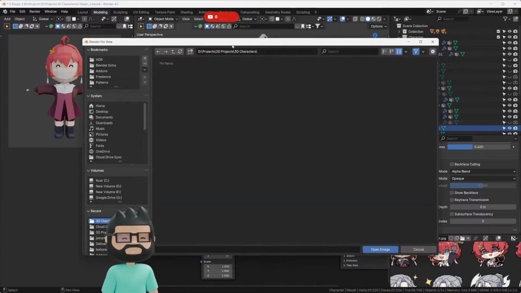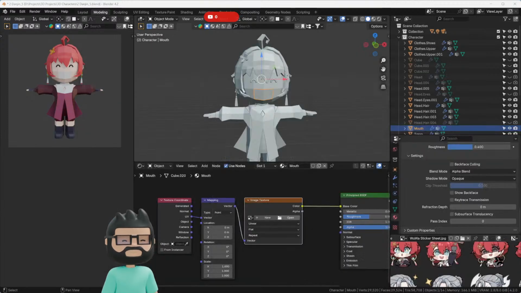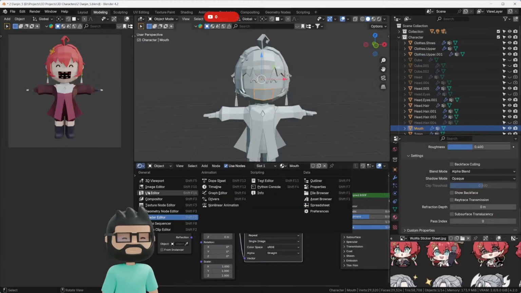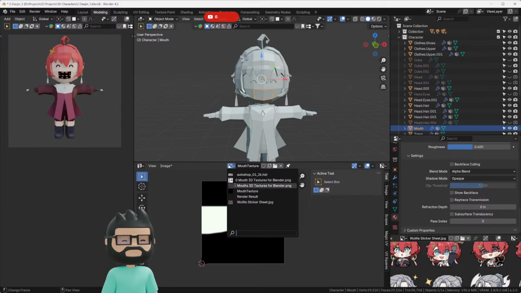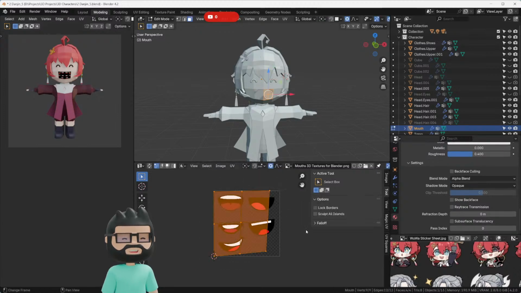I'm going to delete this one and open new textures and try that one. I think, yeah, I downloaded the wrong image without transparency. So let's just re-download and let's just reconnect. And now if we go to UV editor and change this to the downloaded textures,